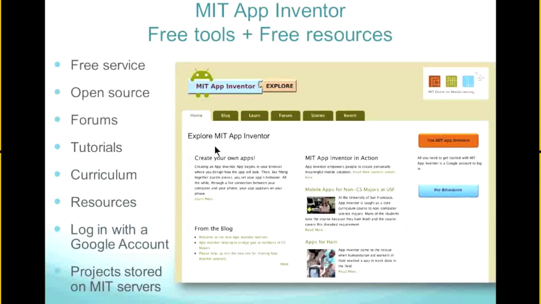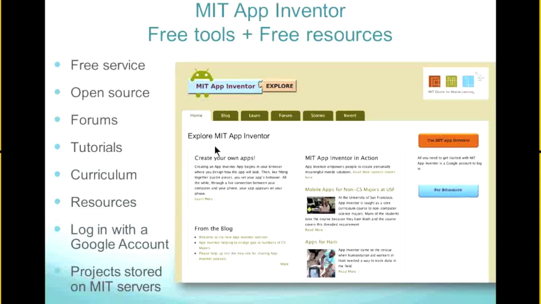I've already mentioned App Inventor is totally free. It's actually open source, too. The App Inventor code is available open source, and that means that people, this is interesting because we have people in China using App Inventor, and in China you can't just go out to any website, so they can't get to MIT, to appinventor.mit.edu. So with the open source code, you can run your own App Inventor server. We don't really recommend that because it's much easier to use our server, but if someone were on like an internal campus